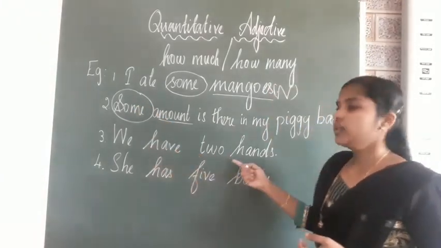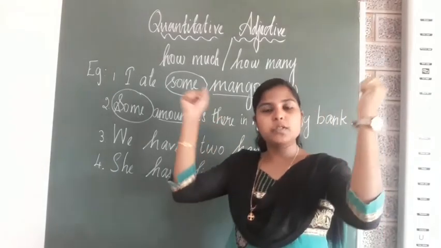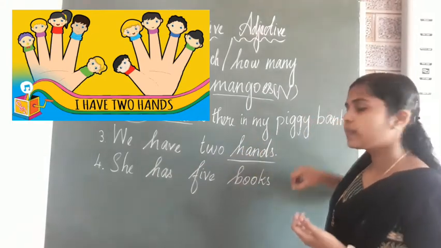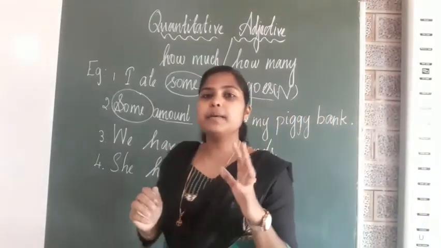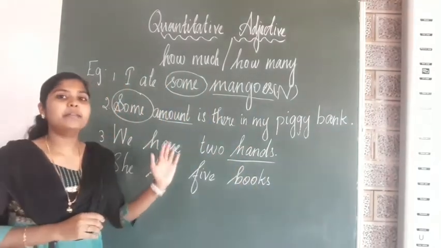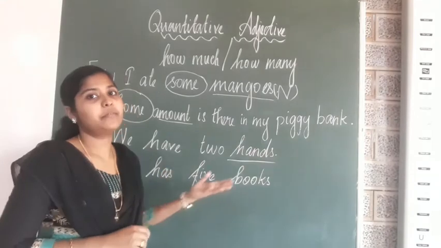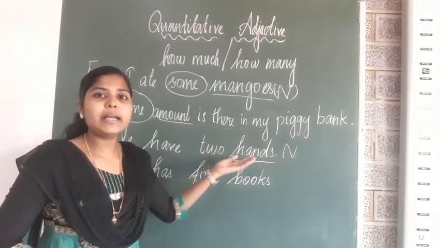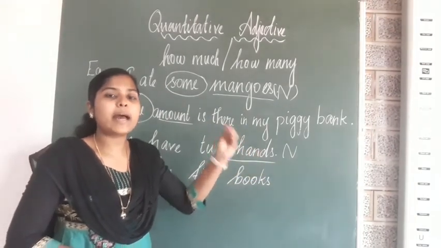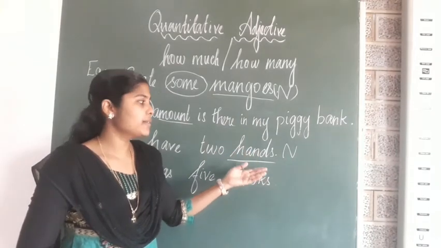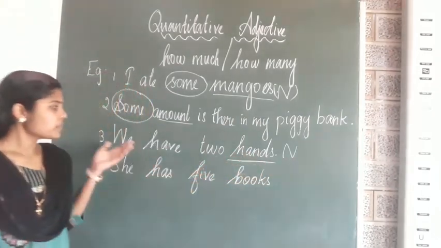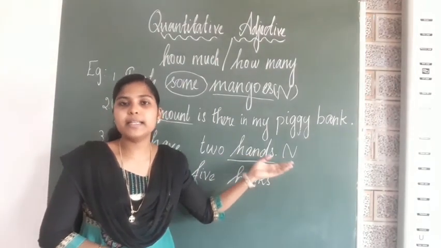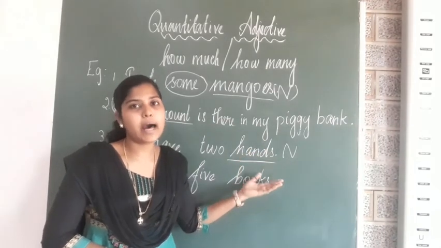Now, we have 2 hands. Do we all have 2 hands? Yes. So, we can say we have hands. Hands, it's the name of parts of the body, isn't it? We can say we have hands. But for this noun, we are adding more meaning. We are adding some essence, some masalas for this noun. Okay? We have 2 hands. Hands is a noun. It is the name of a body part, isn't it?